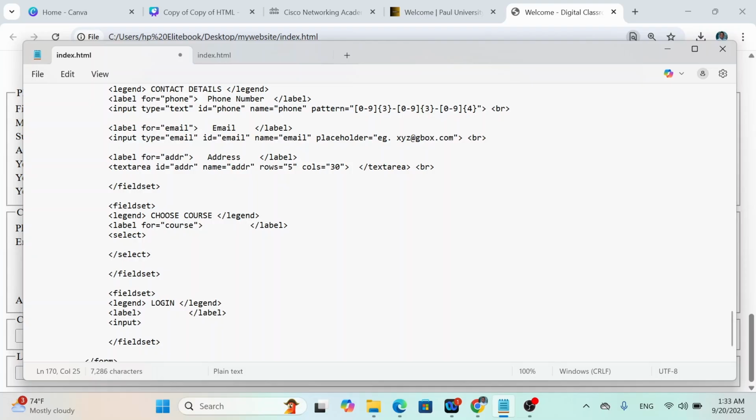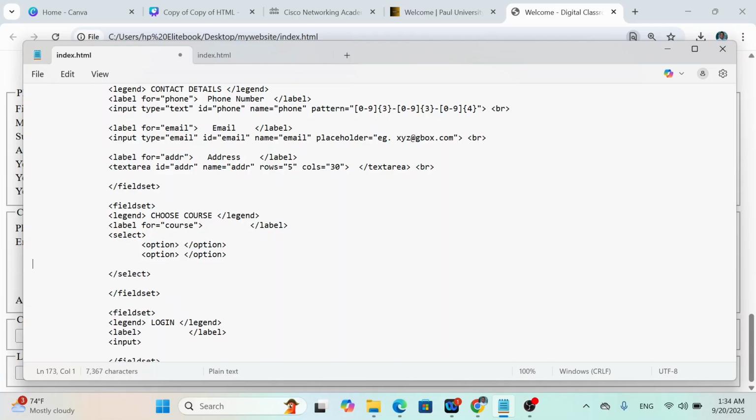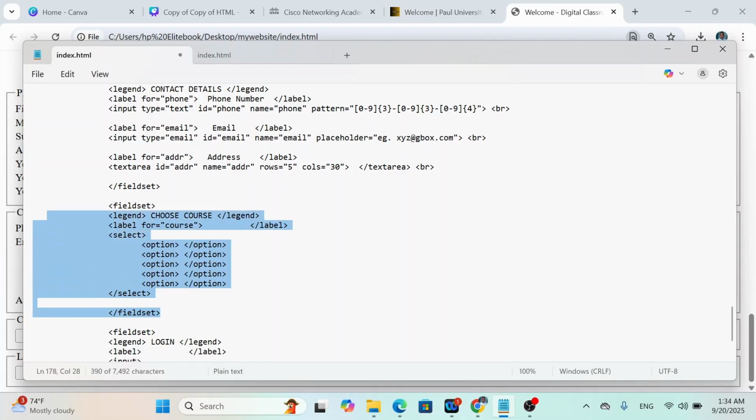And then because we are selecting from different options, we nest options inside select. So you can see how I open option tag, and right now I am closing the option tag. So I can copy and paste, Control V, Control V. I want to have just 5 options. So you can see right inside this choose course field set,